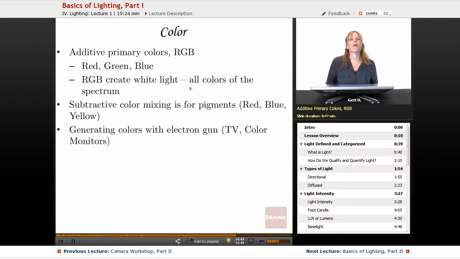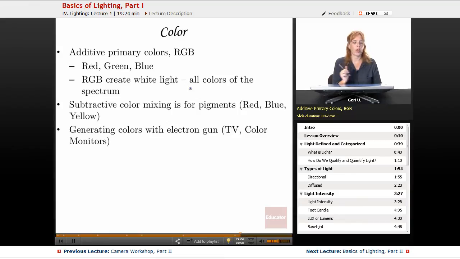All right, so let's move on to color. It's another way that we qualify light. And when we make our images and video, we're always talking about color. And as you know, white light has the spectrum of colors within it. But even within our white light, we still need to talk about color and color temperature to better understand it